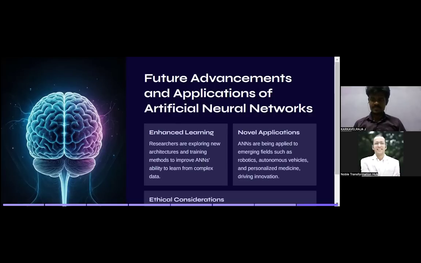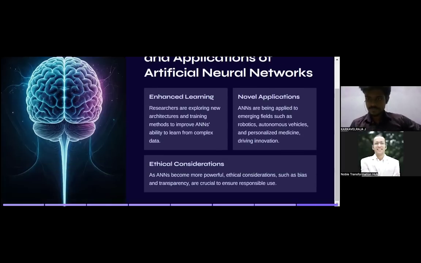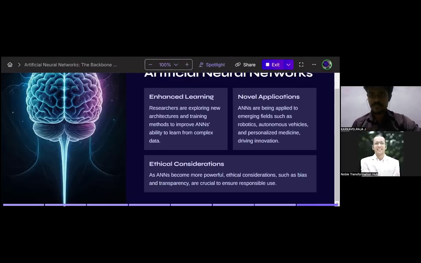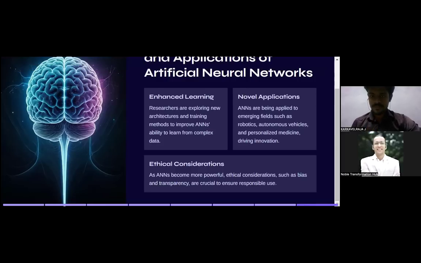Continuous research and exploration is going on, and the architectures are being improved continuously so that they can learn from complex data. Then novel applications: ANNs are being applied to emerging fields like robotics, autonomous vehicles, personalized medicine, driving innovations. Ethical considerations: as ANNs become more powerful,